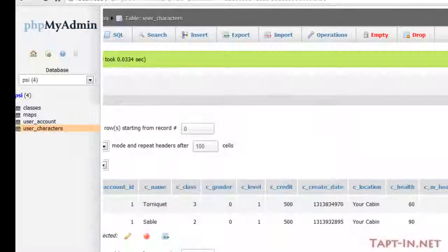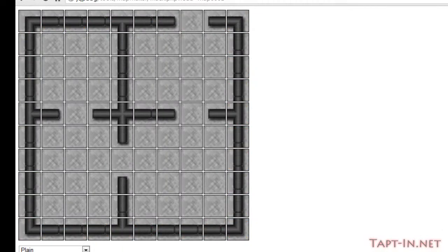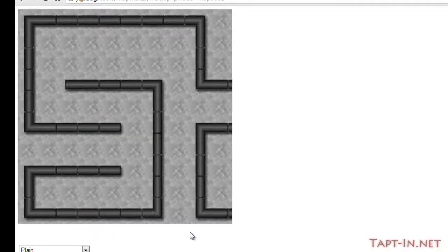Okay, welcome back. I've now made 4 maps. We've got our original map that we made in the last video. This map links to another map here. Note that the entrance and exit points are the same, they align up on the maps. Otherwise things might look a bit messy